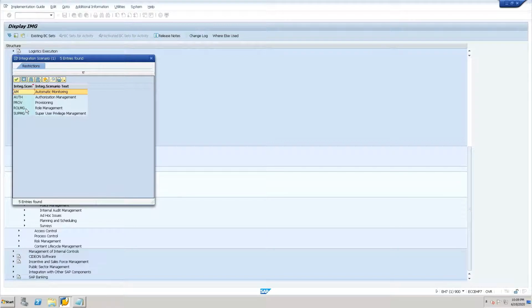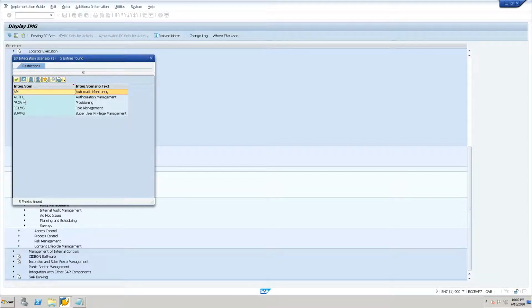All the integration scenarios allow the GRC system to work with the plugin system, enabling the GRC functionalities. We have authorization, provisioning, role management and superuser privilege management. These are the integration scenarios. We make sure the new systems come under all of these integration scenarios.